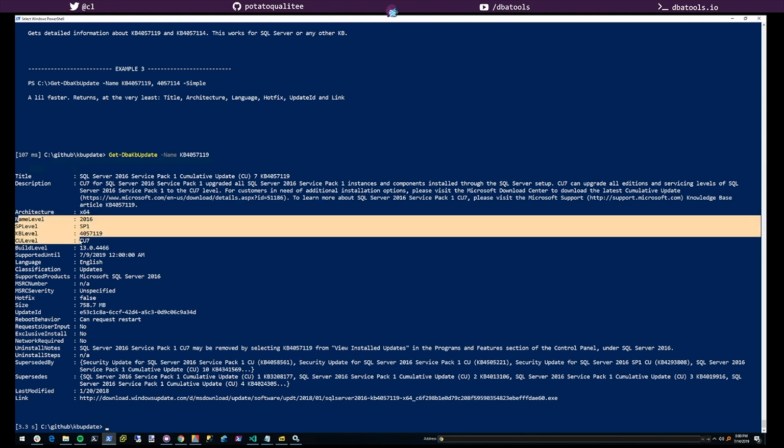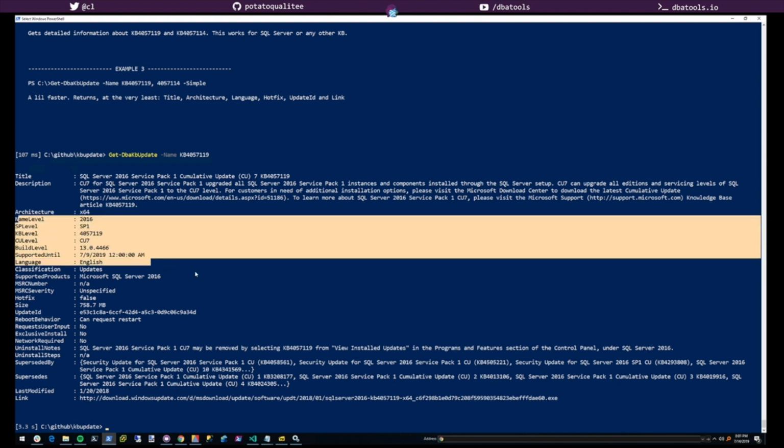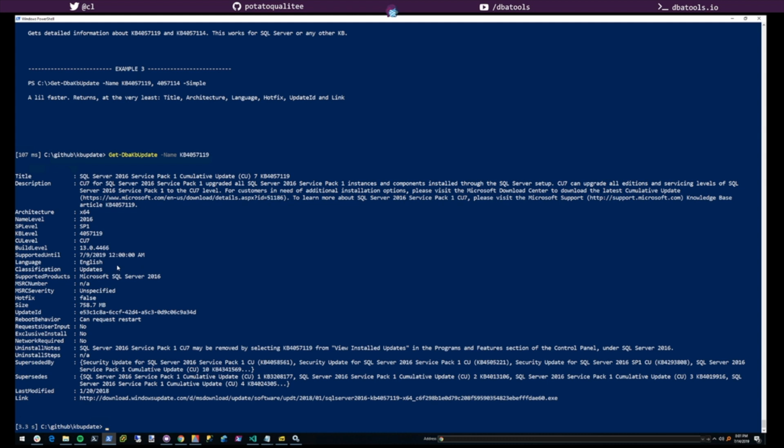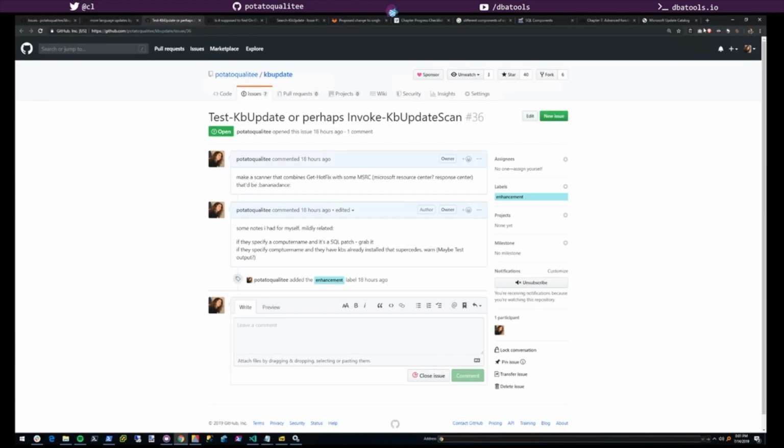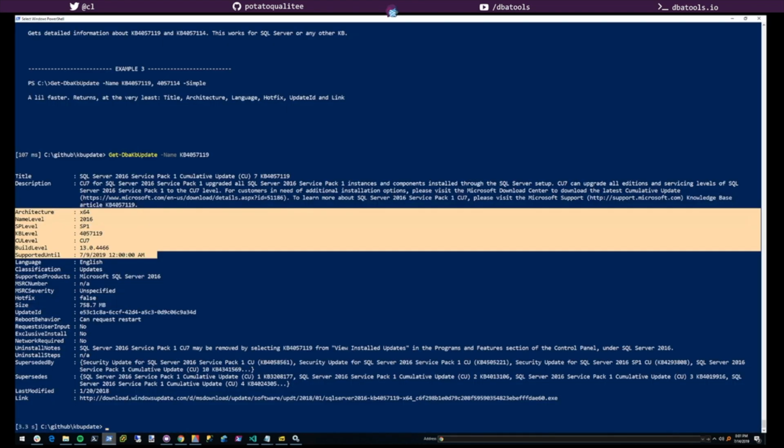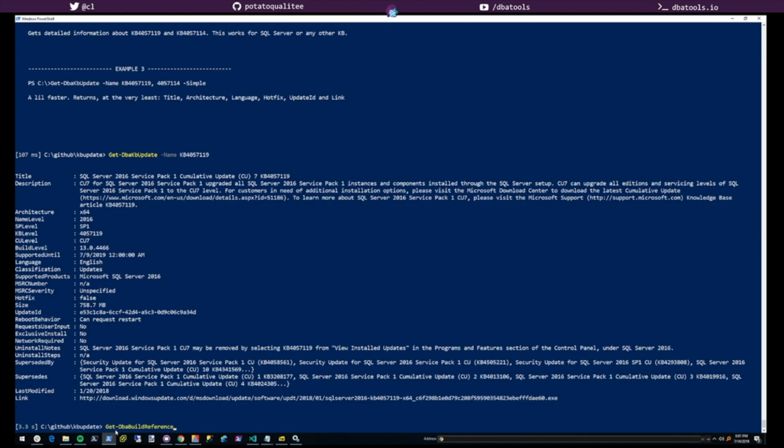So what you see here is we have extra columns. And the column is like, let's see. So we have name level, that's SQL Server 2016, SP level, SP1, KB level, CE level, build level, supported until. So these are SQL Server specific, and what Get-DbaKbUpdate does is it interacts with this JSON file that we have. So the JSON file is pretty cool. People keep it updated, and we use it for